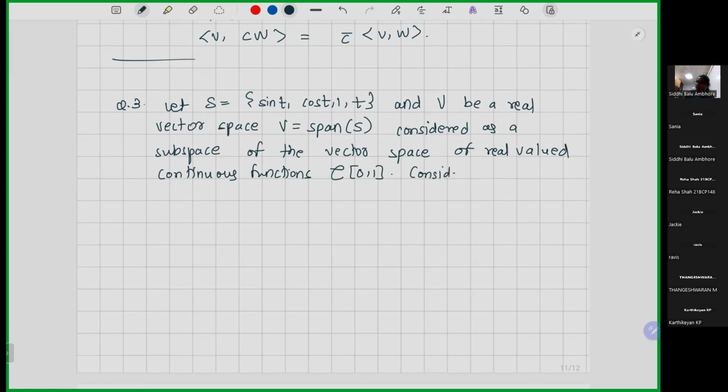Now consider the inner product space V with respect to the inner product defined by,